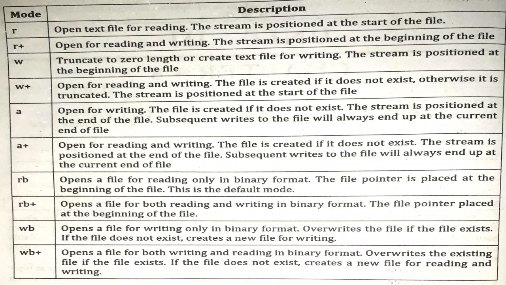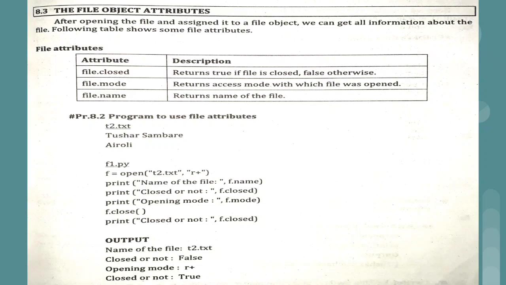And suppose you have created a file t1 which already exists. The wb mode will overwrite the content of the file. Like wb, we also have wb+, which is for writing and reading in binary format. If you want to read a file which is present in binary format, or write something in such a file, in that situation we can make use of wb+ mode. So these are the modes which we are using.